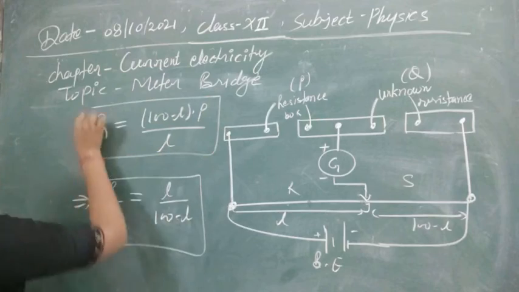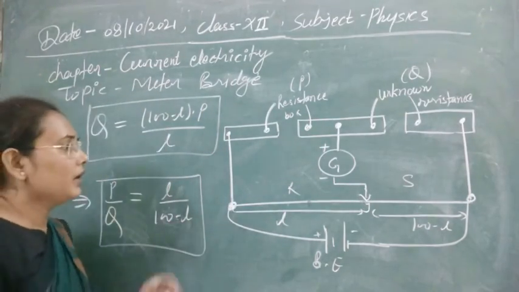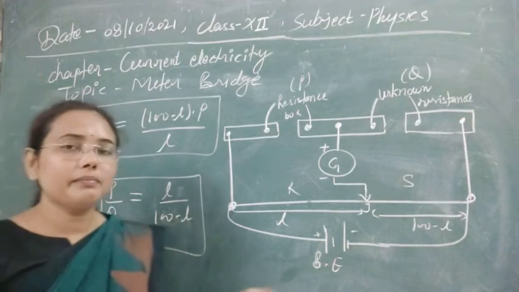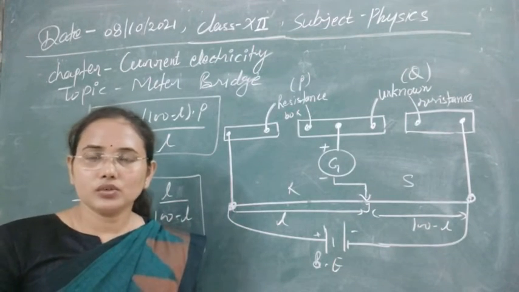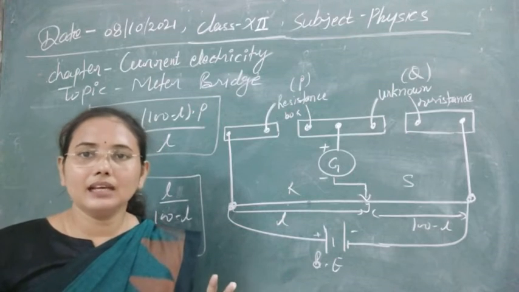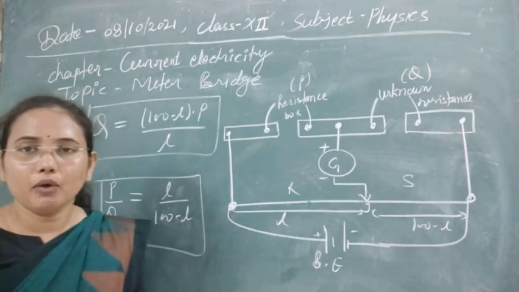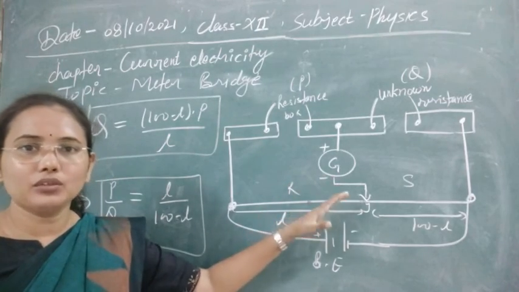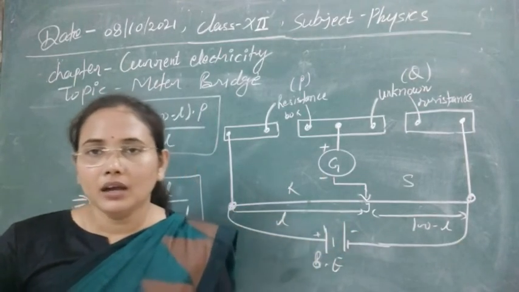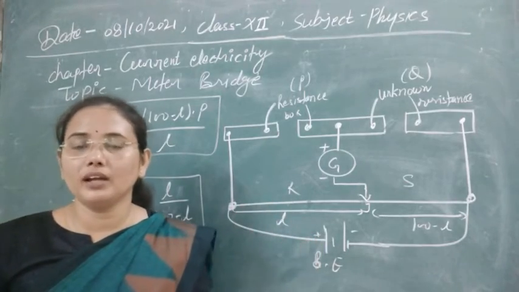So this is our formula to calculate the value of an unknown resistance easily with the help of the Wheatstone bridge, the meter bridge. So what is the advantage of the meter bridge over the Wheatstone bridge? In the Wheatstone bridge we are using a number of resistances, and to vary their values to find the null point is a little difficult in comparison to this one, because here we are using a jockey to move over this wire, and that is very easy to do. That's why we prefer the meter bridge over the Wheatstone bridge to find out an unknown resistance.